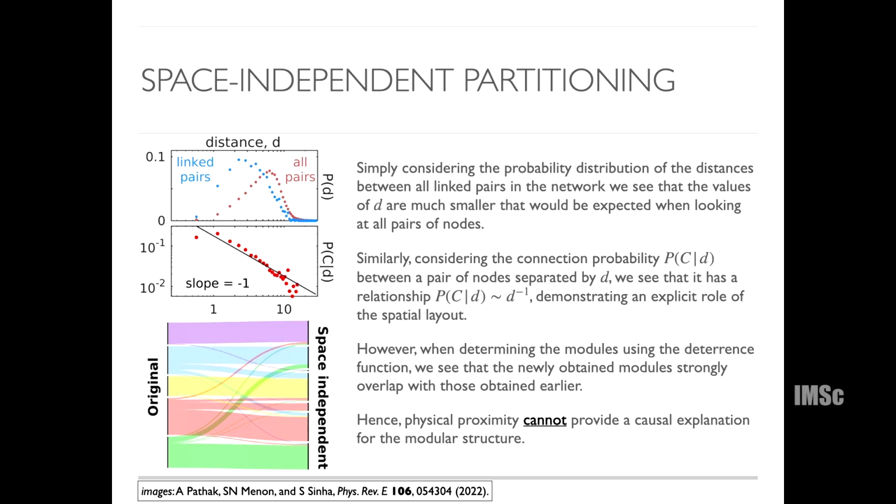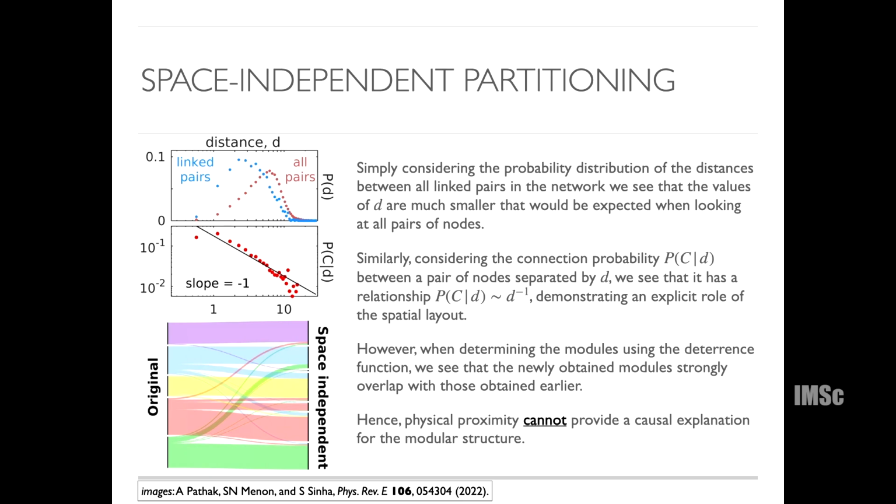Okay, this is a bit of a problem. And so when you look at the probability distribution, the connection probability between a pair of nodes separated by d, we see that it has a relationship which roughly has a slope of -1. So this seems to suggest that there is some role of the spatial layout. However,